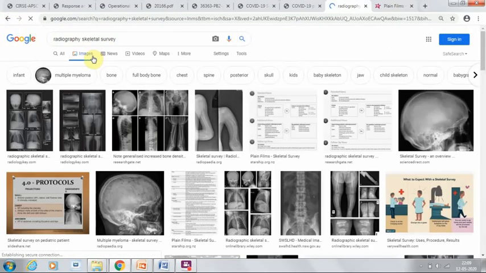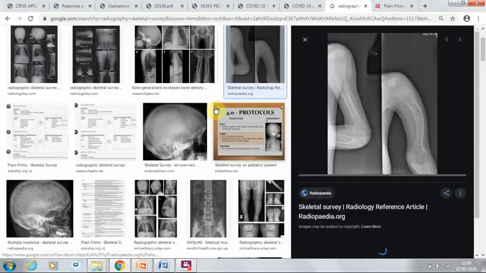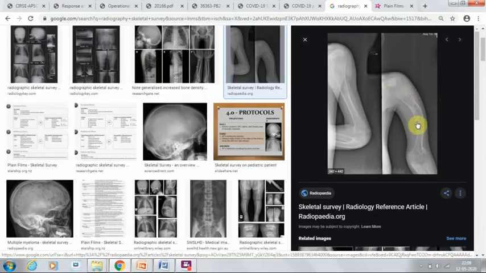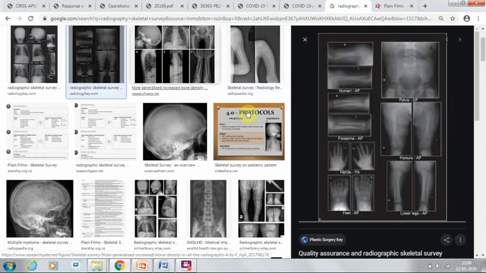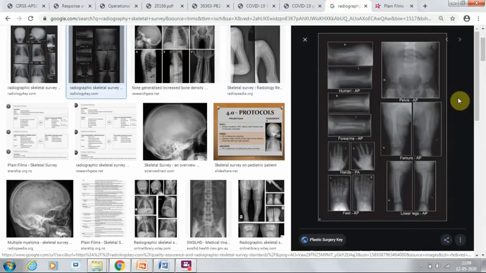I'll show you a few images. So you can see here in the image the bone is definitely abnormal, you can make out. In the humerus, this is the AP view, this is the lateral view. There are a lot of views, a series of views will be taken. You can see different views taken: pelvis, femur, lower leg, feet, hand, forearm, bilateral humerus. These are the views that will be taken. This is mainly to see bony pathology.